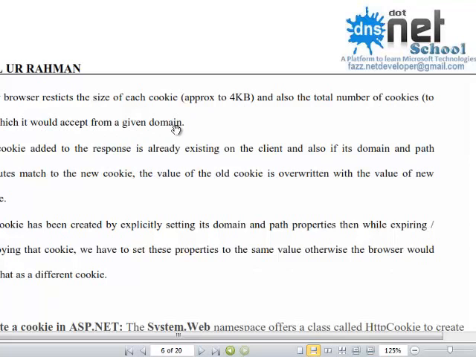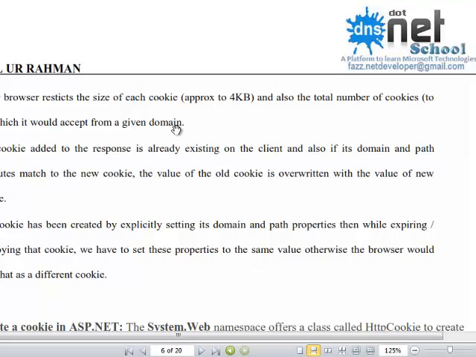Which means for a particular website, a browser can create 20 different cookies, each of 4 KB. In a text file, 4 KB means a large amount of data.